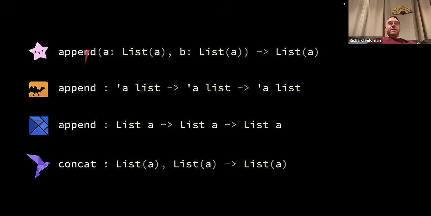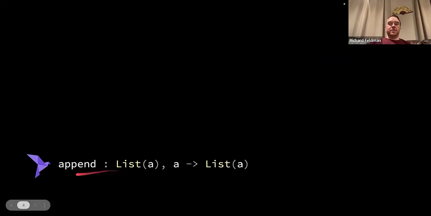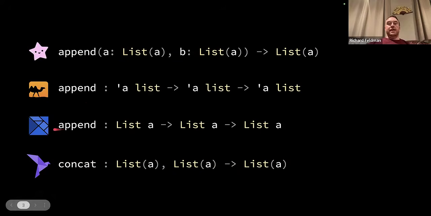Now, I forgot to mention, in these languages they call it append, and in Rock we call it concat. The reason we call it concat is because we have a function that doesn't actually make sense in these languages, but does make sense in Rock. That is this function. So we call this one append. This one's give me a list and give me one element, not a whole other list, and return a list. Now, the reason this function makes sense in Rock, but not these other languages, is that in Elm, OCaml,